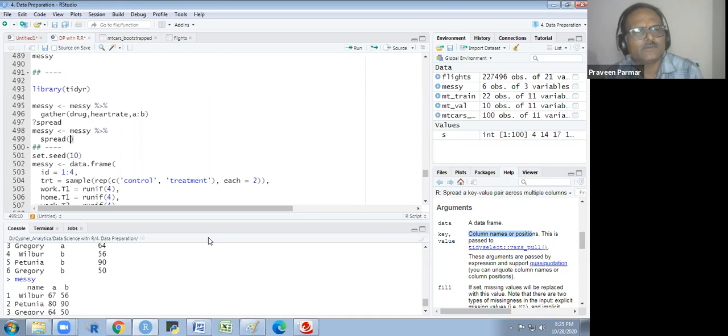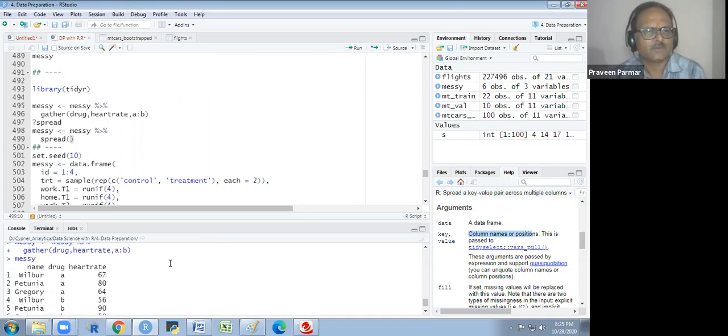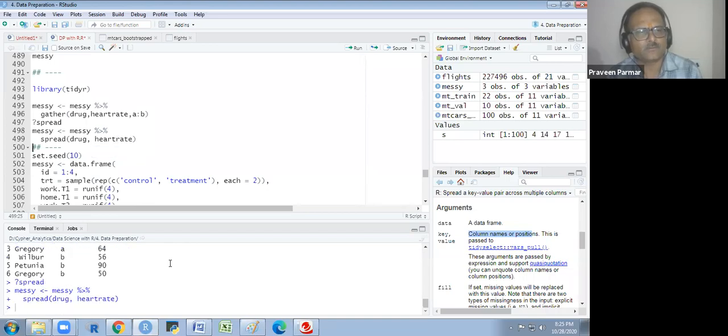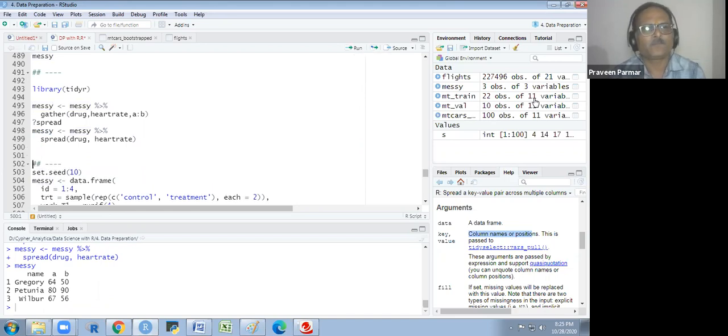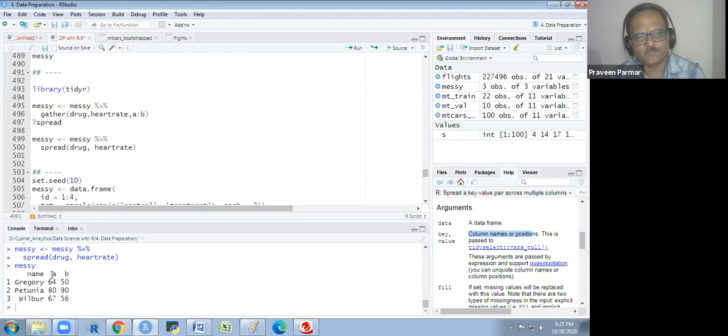So the data is drug, and value is heart rate. I see what happens. Okay. It is the spread. I have spread it again.